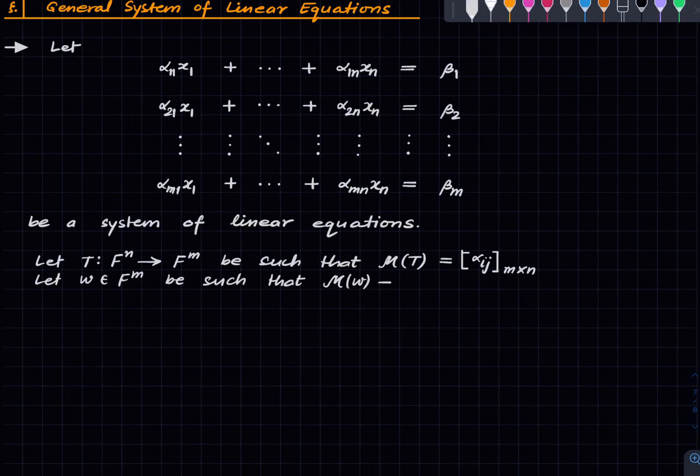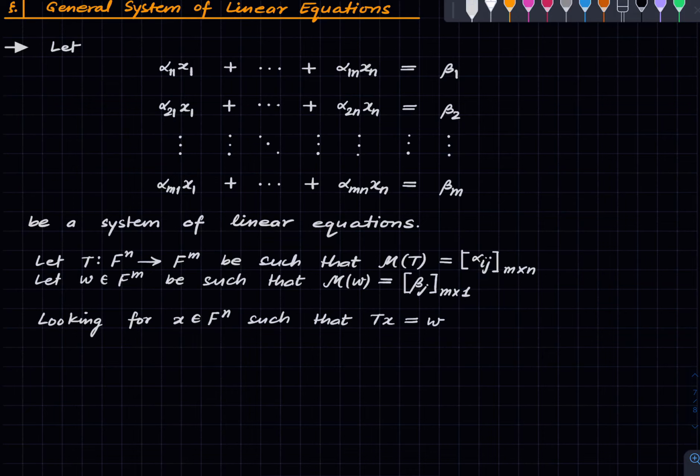The matrix of W is the one coming from beta j's. Okay. So what we are trying to find is, we are looking for the vectors in the domain such that this happens,